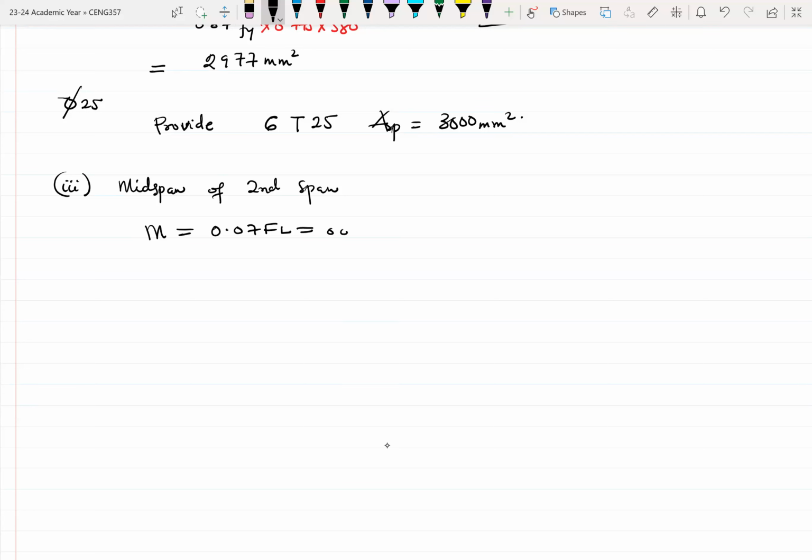So 0.07 times the F, we got F to be 995, so 995 times an L of 5. This will give us 348 kilonewton meter. Again, let's come and find K. So K is M over BD squared FCU. So it's 348 times 10 exponent 6 divided by